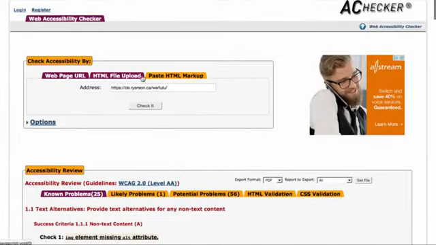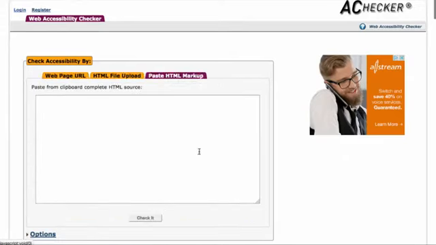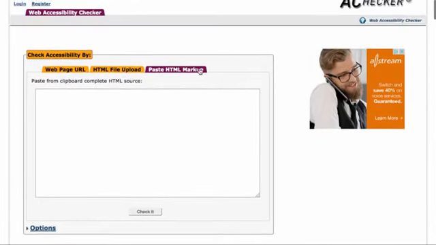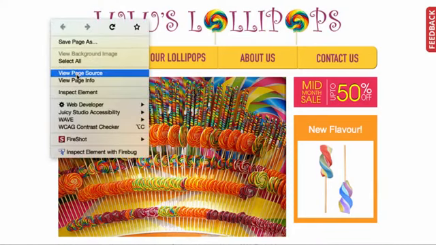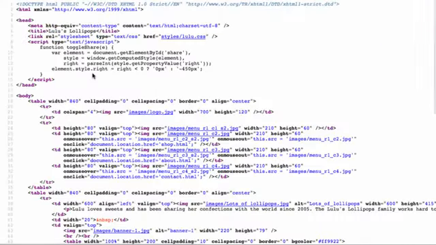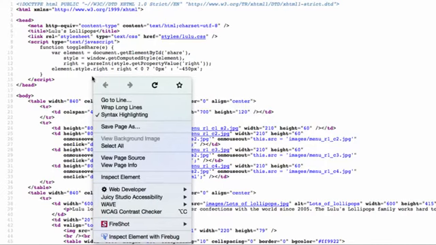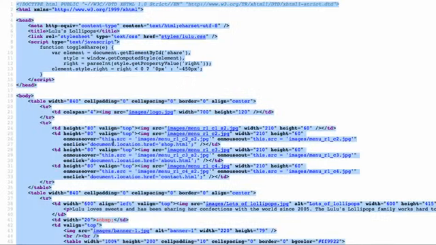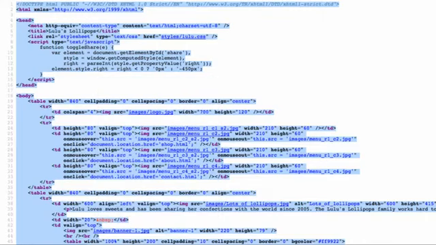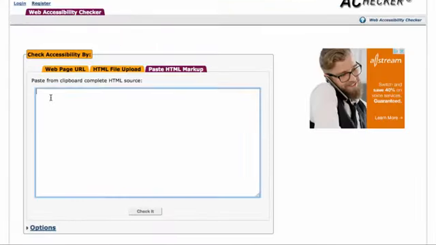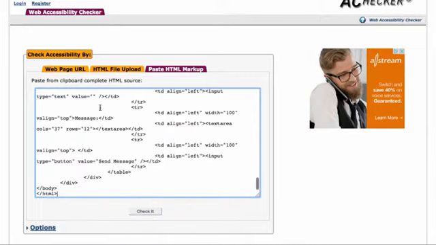So finally, if you look at the paste HTML markup, this is useful if you're behind an intranet, for instance, and you can't access the web page by URL feature. You can go to the Lulu site. You can view the page source, right-click and select all of the source, and then right-click again and copy it into the clipboard, return to aChecker and then paste that code, right-click, paste into the text area,